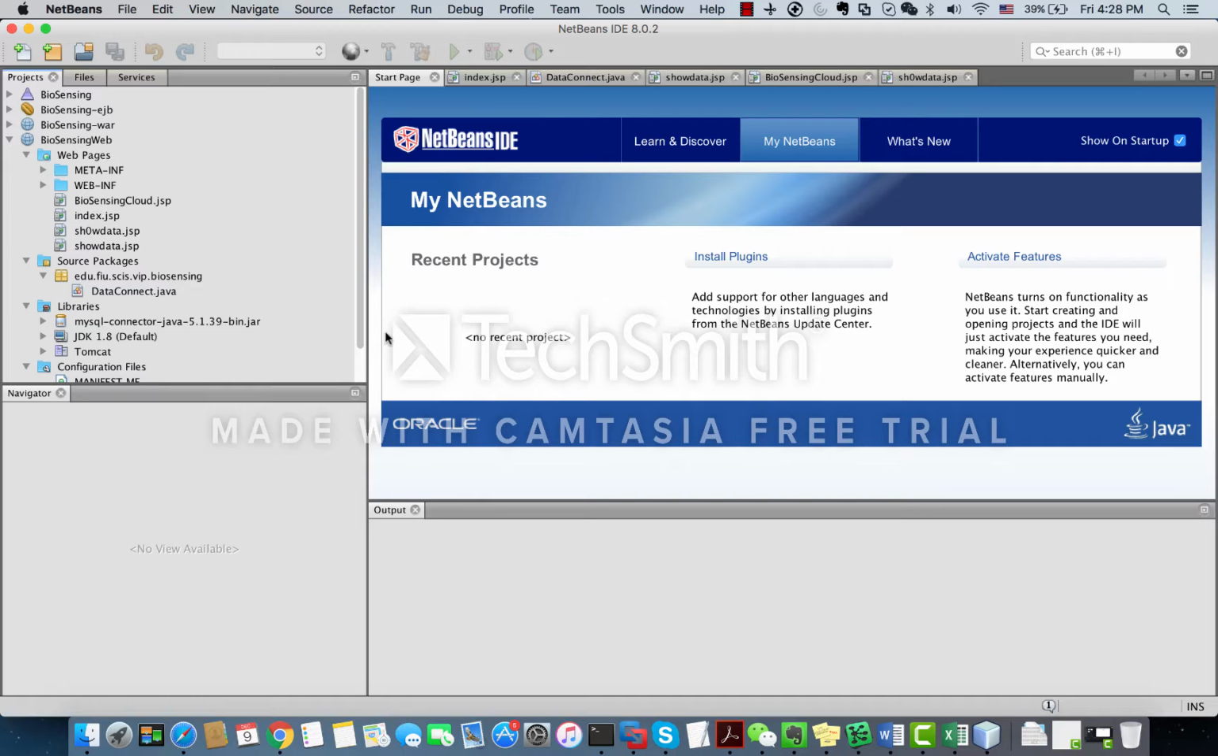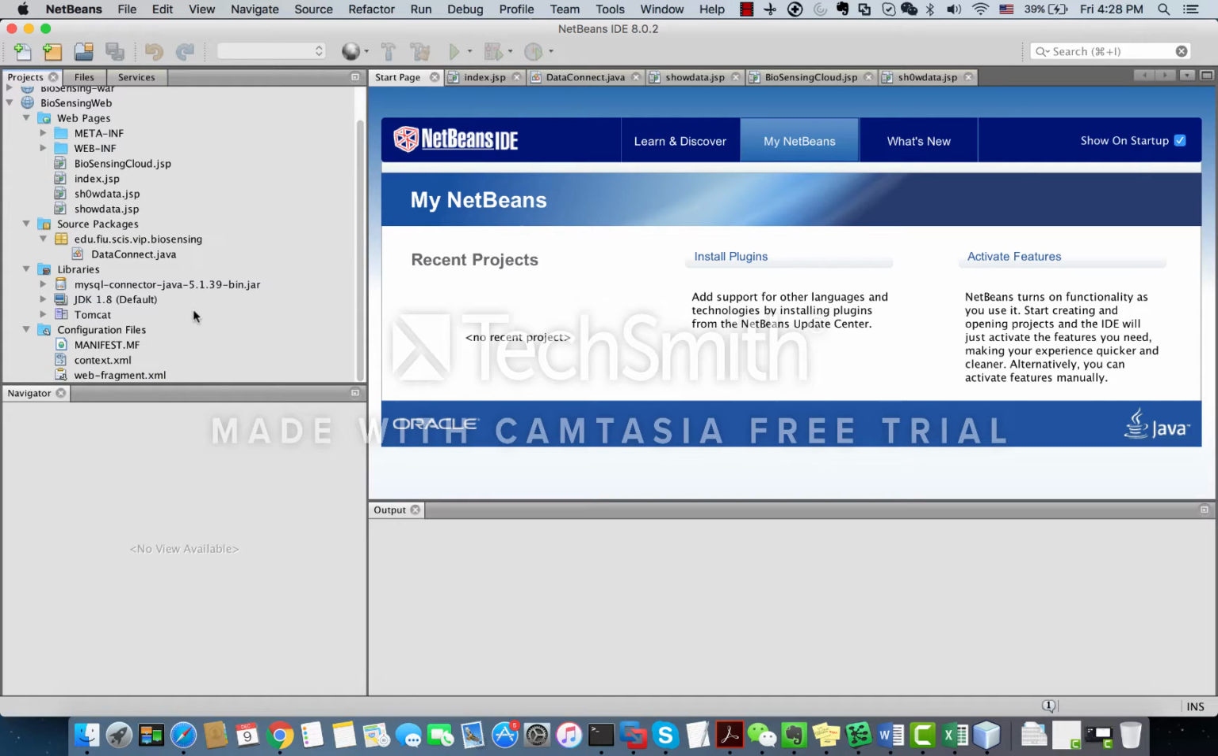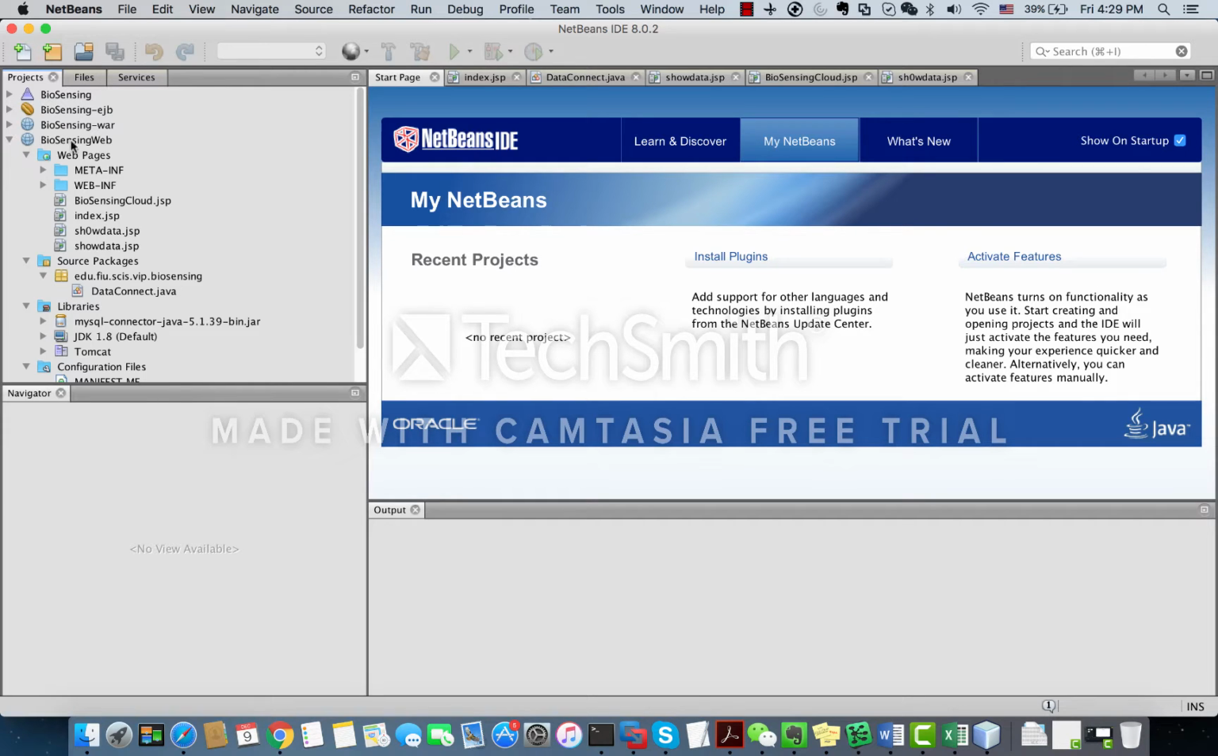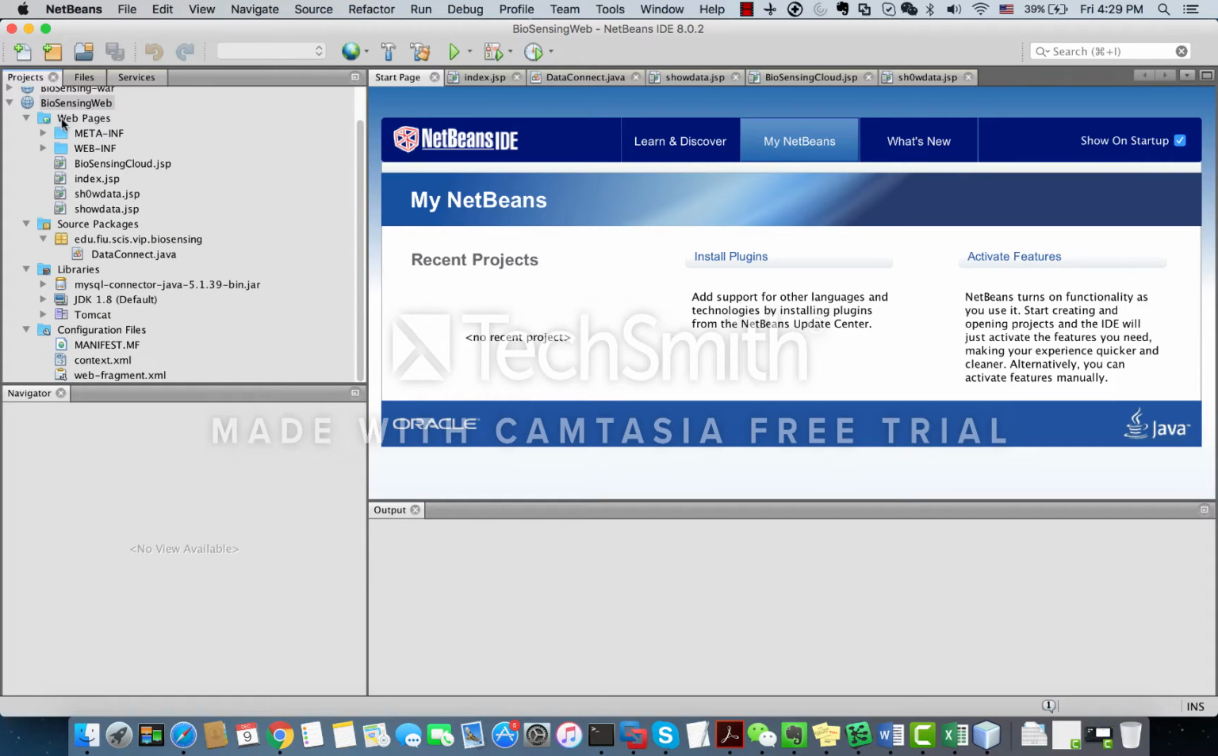So on the screen, this is a development environment, which is NetBeans. I used it to develop the cloud service. This is an environment mainly used for Java development. Here we can see the project tree. Here's a biosensing web project, and under this project we have